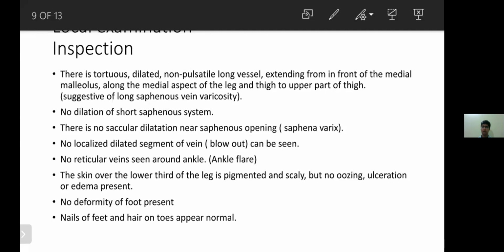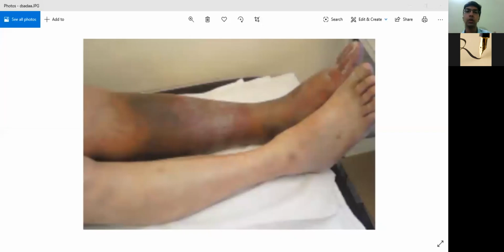Yeah. So if you can see over here, this is a classic photo of varicose veins occurring, gradually increasing in severity. Here you can see hyperpigmentation. Can everyone see the photo? Is it visible? Yes, sir. Yes. So here you can see there is blackening of skin or hyperpigmentation, that is skin change number 1.